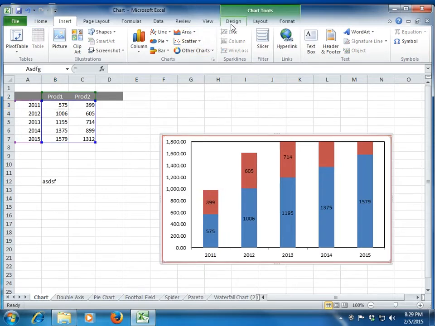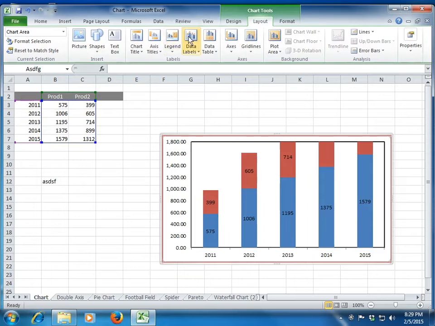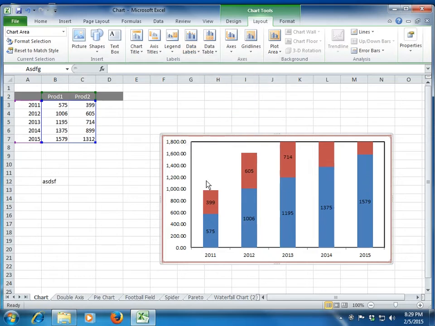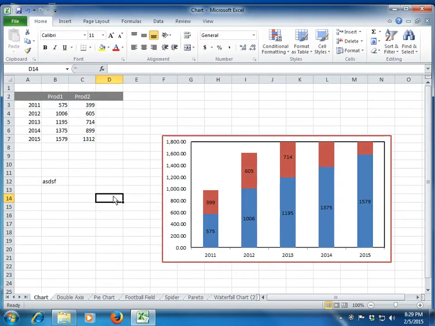I can go and click on data value, wherein I will get the data labels. It will not show you the total data because that's not a part of our data right now. Fine, so this is where the stack chart will be useful. Again, we will see some other applications of both column and bar stack chart in a while. Yes, so this is more or less what we have in basic chart formatting.